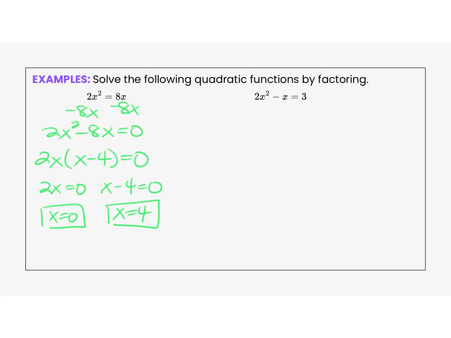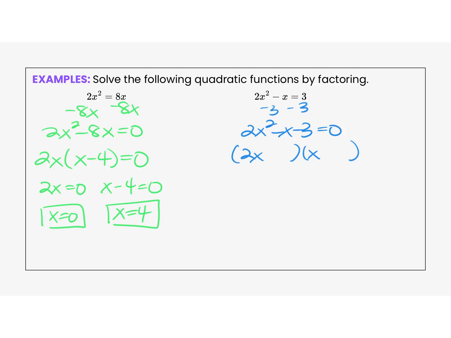Same thing over here. First thing I need to do is set this equal to 0. So I'm going to bring the 3 over. So I get 2x squared minus x minus 3 equals 0. If I look to factor this, there's no GCF, there's no difference of squares. Unfortunately, I have this 2 out front, so in my factoring, I have to have a 2x and an x, but 3, remember, we only have 1 and 3 to work with. I need one negative and one positive, so I'm going to have to figure out how that's going to work